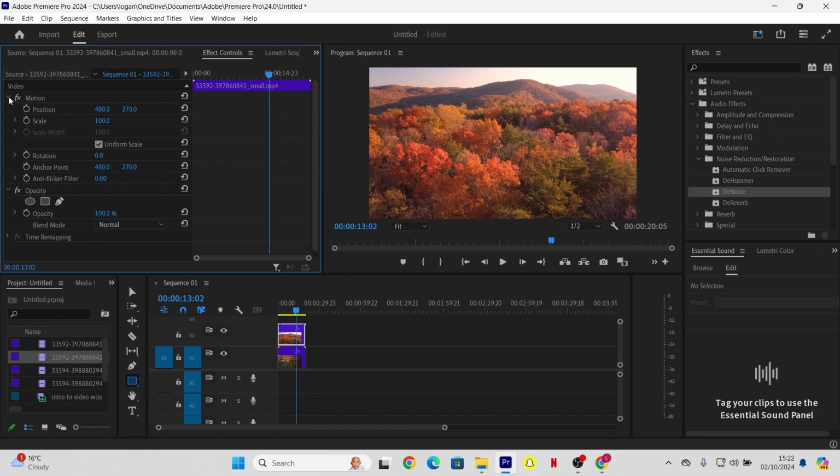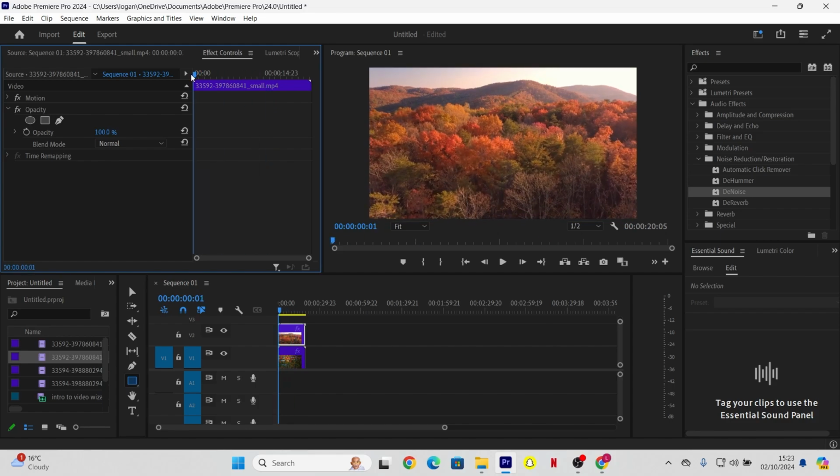Now, you see you have all of these little drop down menus, but you want to go on Opacity, okay? Let's just put that mini timeline to the beginning. You have these three logos here. They're all going to do masks, but for the sake of this video, let's just use the freehand one. So you want to click on that,